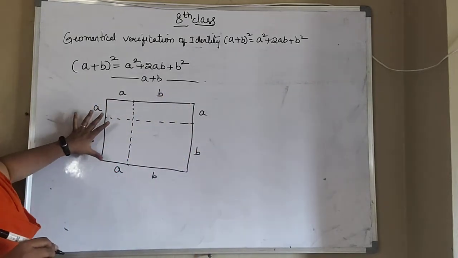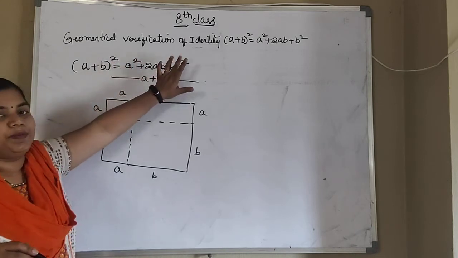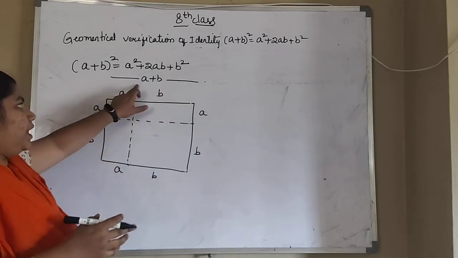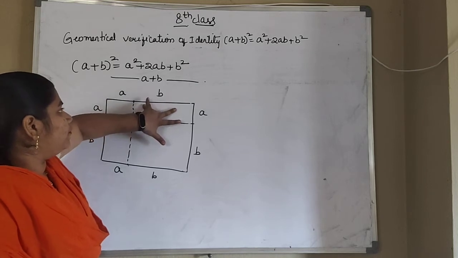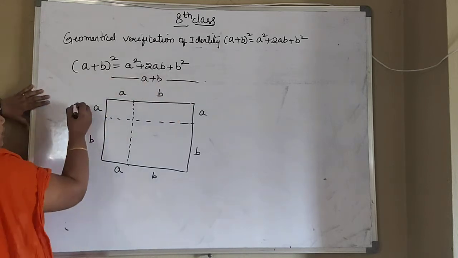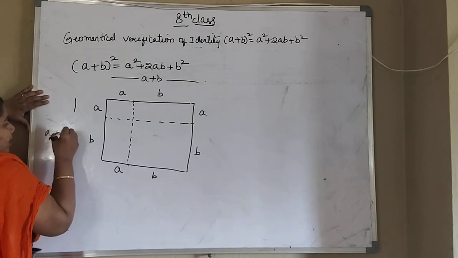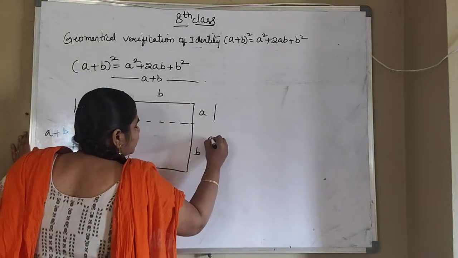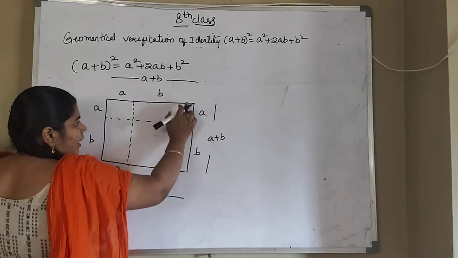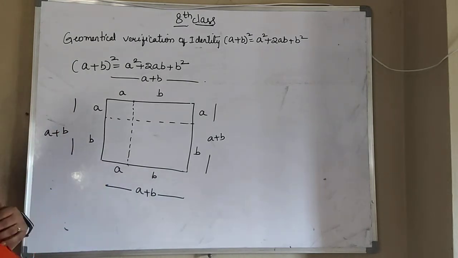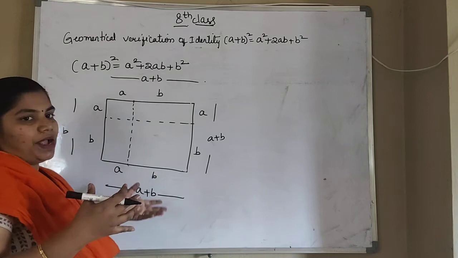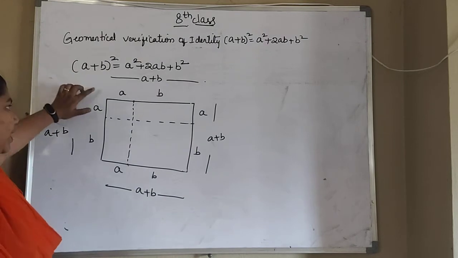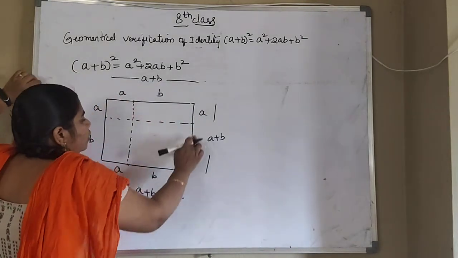By using this we have to prove a square plus 2ab plus b square. So we got (a + b) whole square, one figure. If you add the a line and the b line, in total it becomes a plus b. So from here to here is a plus b, and from here to here a plus b, and from here to here a plus b. So this is one square. What is the area of a square? The area of a square is s into s, that means we have to multiply. (a + b) into (a + b) will be (a + b) whole square only.